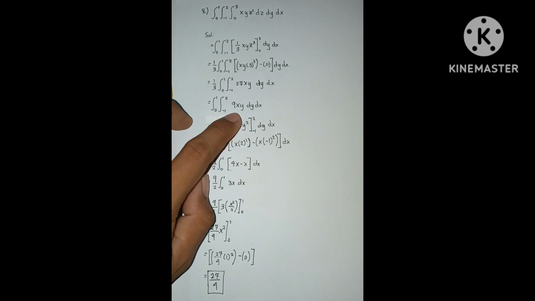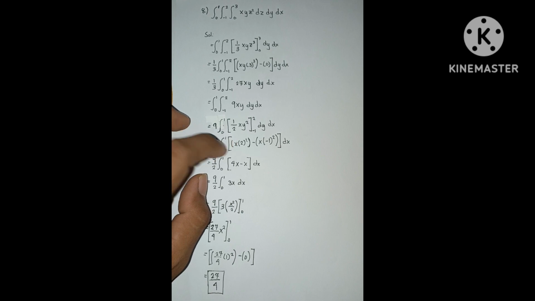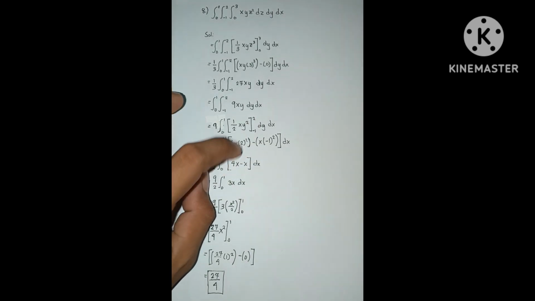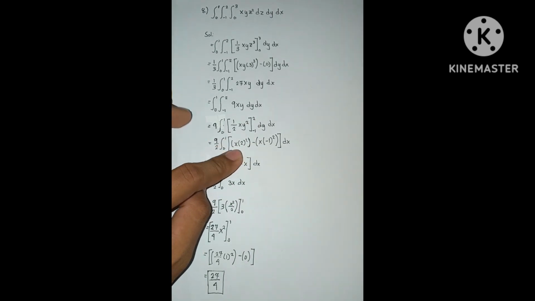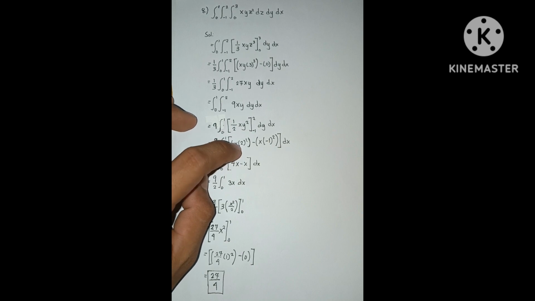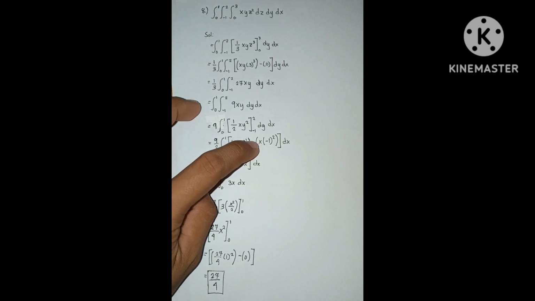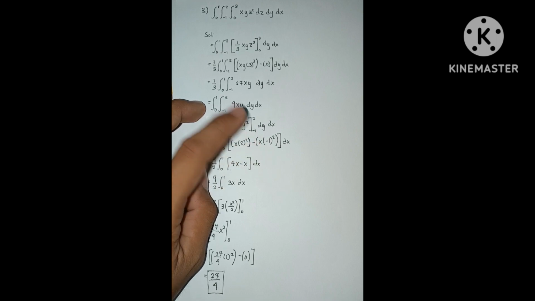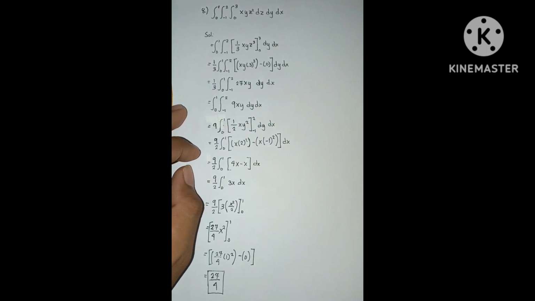Next we're going to distribute the value of our y. So we're just going to change the value of our y. So here is -1 and here is positive 2. So x times 2 raised to the power of 2 minus x times the -1 raised to the power of 2. So now we're just going